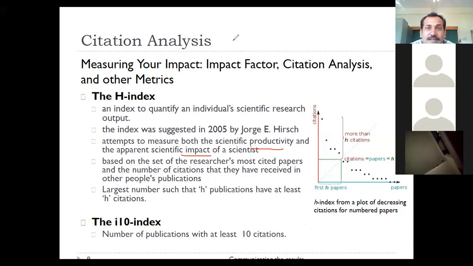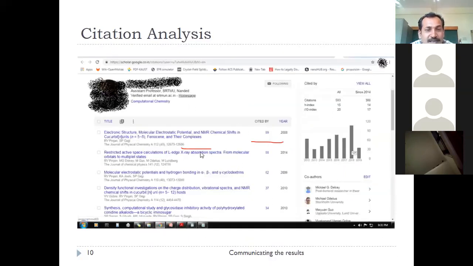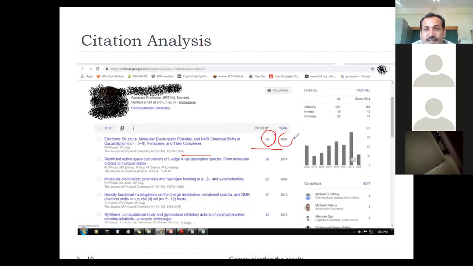Okay, now we'll see. I have shown the other things here. The Google Scholar profile is shown. If you go to Google Scholar, you can log in, make your profile, and then it will look like this. For example, the author name, affiliation, research area, research papers, how many times each research paper is cited, in which year it is published, the research journal name, the volume, and the page numbers will be seen here.